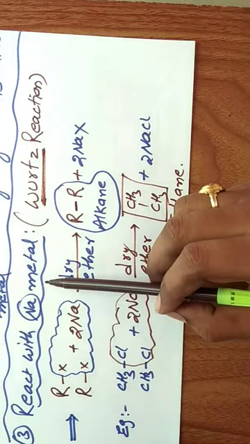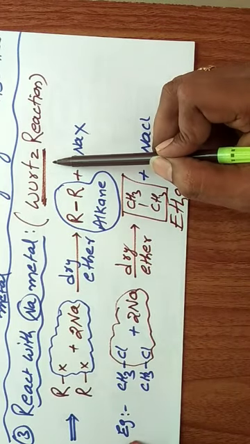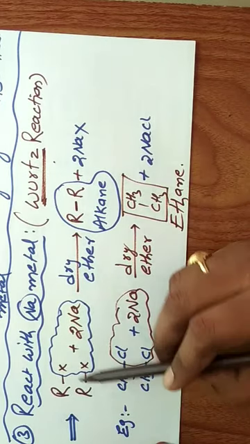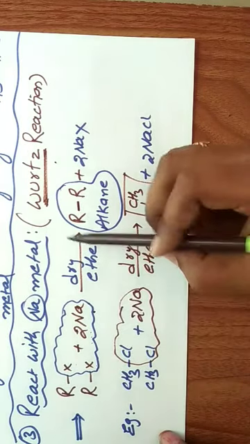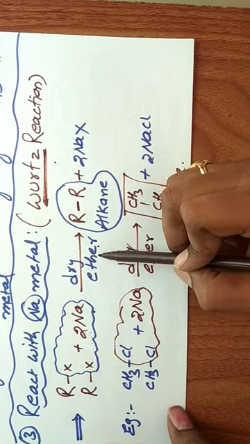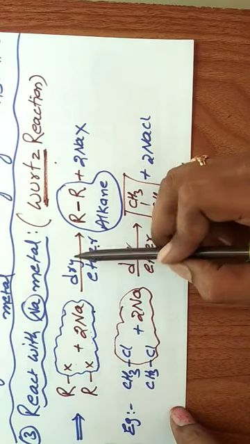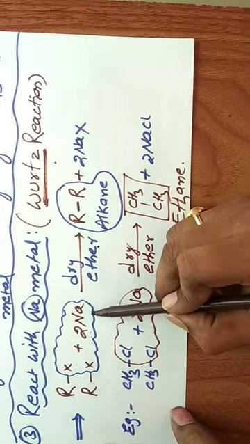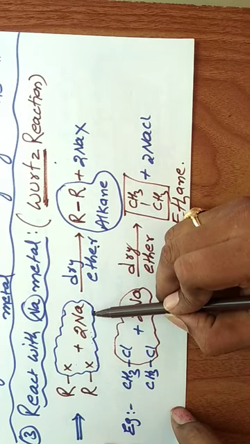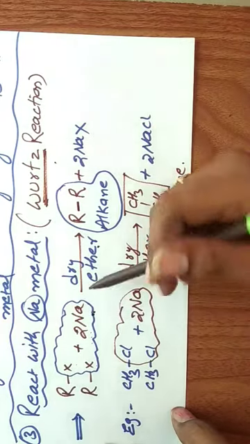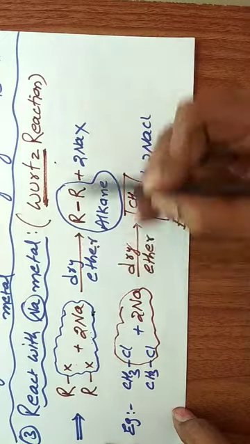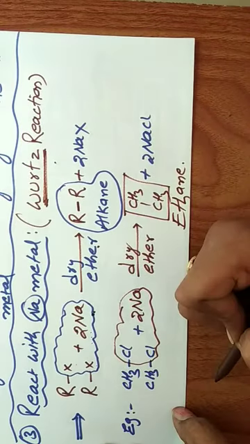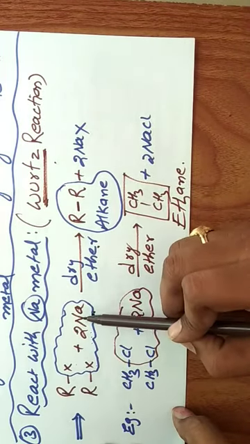Reaction with sodium metal is nothing but the Wurtz reaction, a scientist's name. In this reaction, 2 moles of alkyl halide react with 2 moles of sodium in presence of dry ether. Why do we take dry ether? Because sodium is a first A group element, highly reactive, highly electropositive in nature. Sodium is ready to lose electrons and then converts to ion. For prevention of the ionic nature, we use dry ether. So in this case, Na, 2